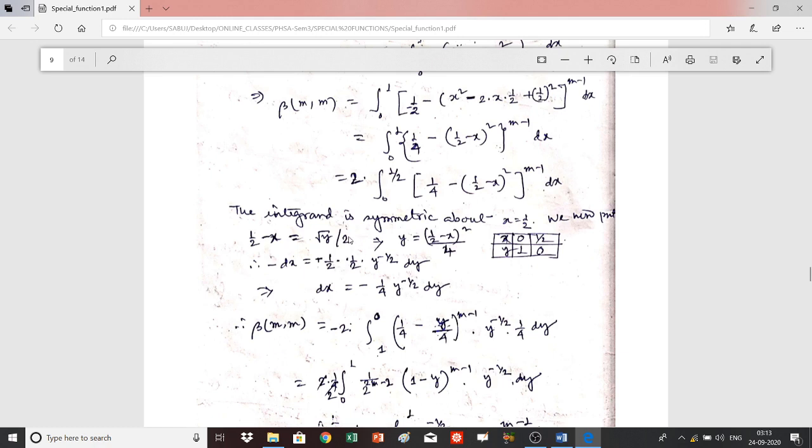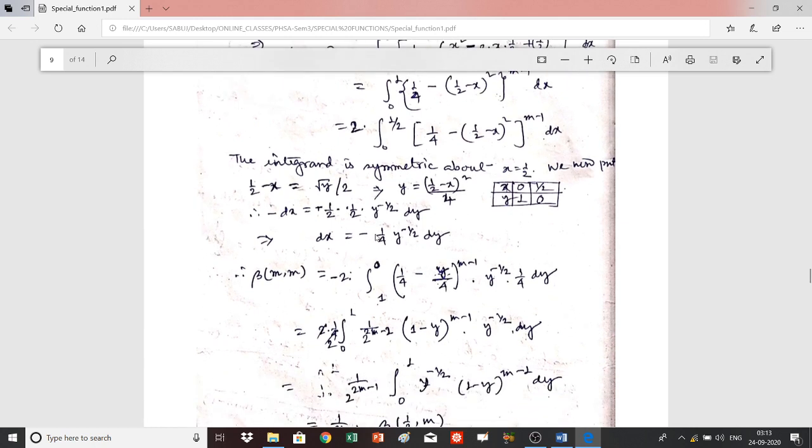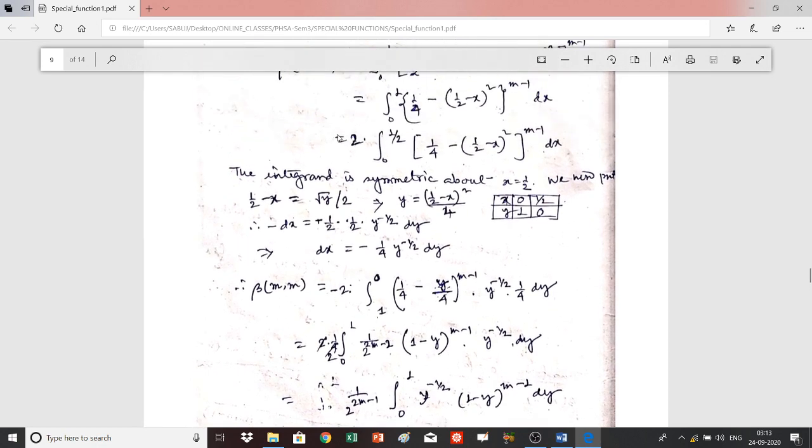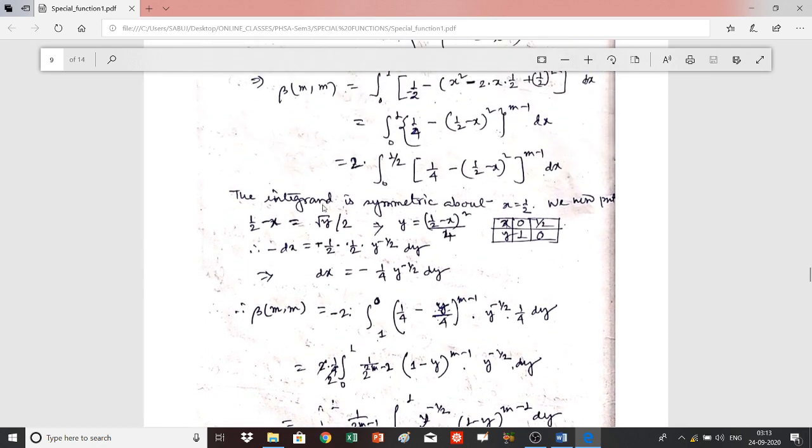from here half is there, y to the power half, so half will come here, and then differentiation of y will give you y to the minus half, and then dy. So finally dx is equal to minus 1 by 4 y to the power minus half dy. So then beta mn can be written from this expression. Beta mn is equal to 2 with this negative sign, minus 2, integral with limits 1 to 0,